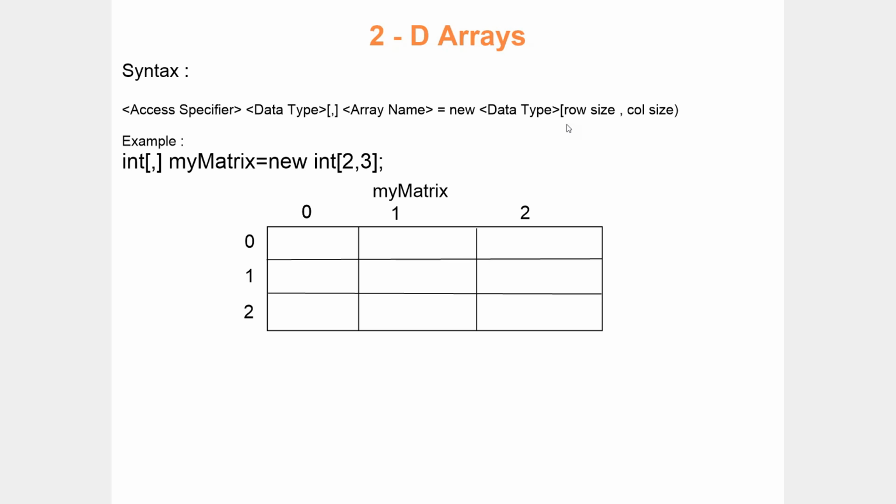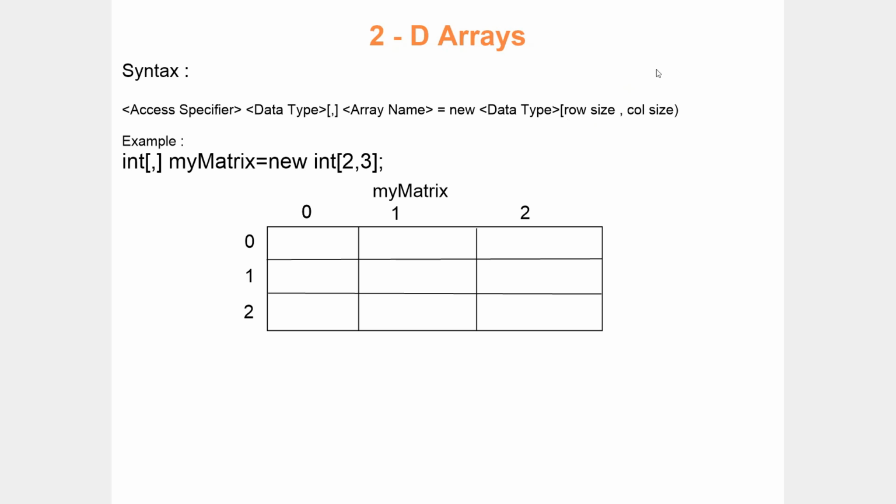the sizes of two different dimensions. What are those two dimensions? The first dimension is going to be row and the second dimension is going to be column. That is the reason you should specify the size of two different dimensions. What is the size of the first dimension and what is the size of the second dimension? Here you should tell the system how many rows to be created and inside each row how many columns to be created. So you should define two dimensions, row as well as column.